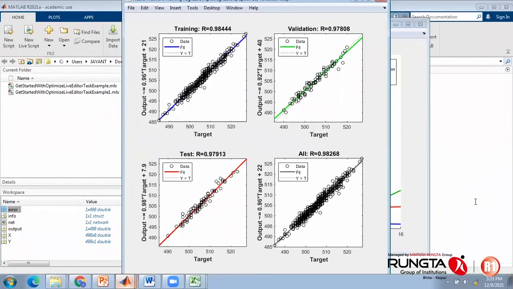But there is a drastic change in RMSE. That means even for this particular problem, with the Levenberg-Marquardt algorithm, with 3-4 different topologies, and with a sigmoidal function as the transfer function, it is possible for us to get the best possible results. So can we conclude for this particular problem that 9-19-1 with a sigmoidal transfer function and Levenberg-Marquardt is providing better results?